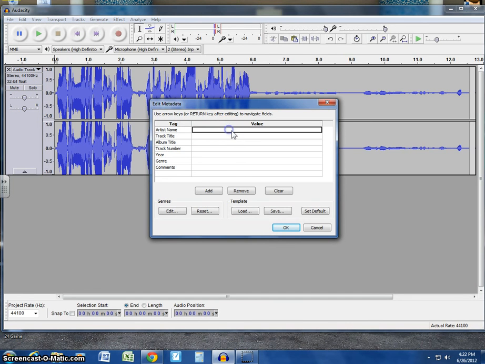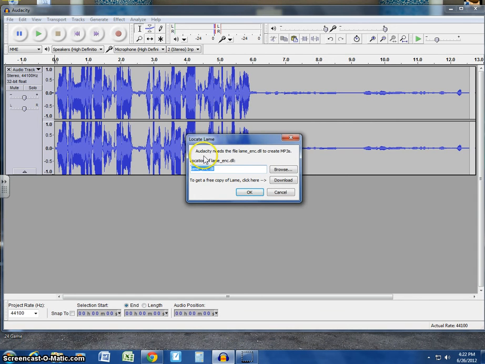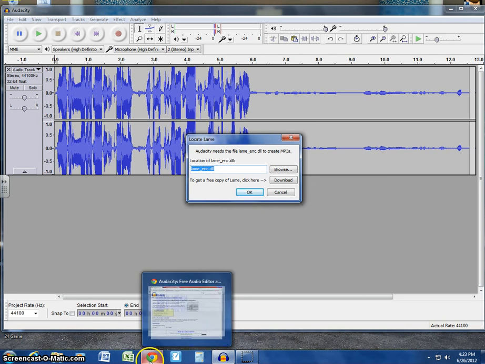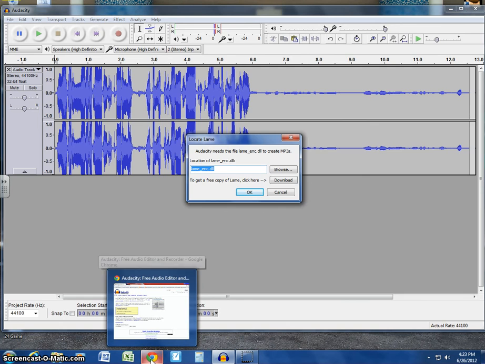You'll notice here I can add some information so that if it's showing up in Media Player or Real Player, or if I were to put it on a CD, I would have some different information show up. I'm going to leave all that blank for right now. And notice when I hit OK, it says locate lame. Alright, now if you're doing this at home, you're going to need to download lame, and that's where,